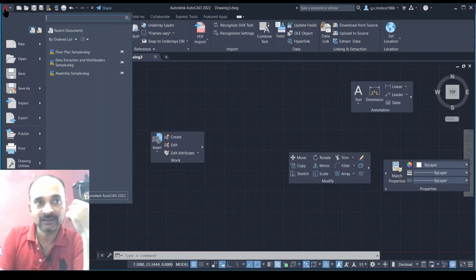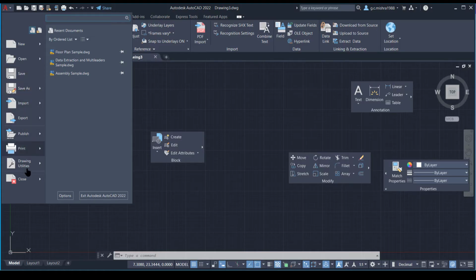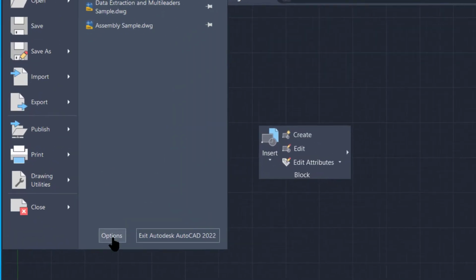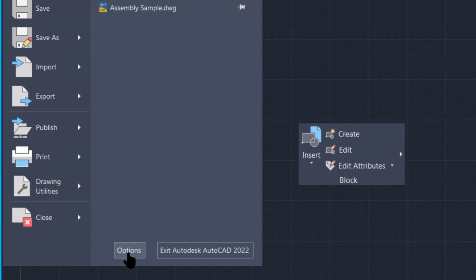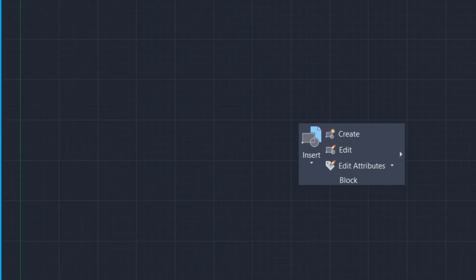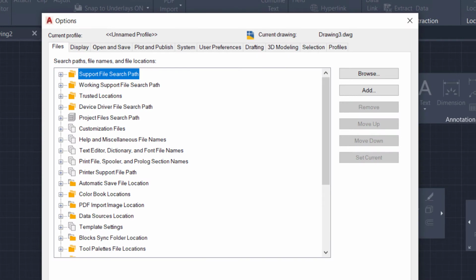For the resetting, you will have to go to the AutoCAD menu. You will click on the AutoCAD menu. In the AutoCAD menu, we go to the bottom side and you will get an Options button here. On clicking Options, a new window will appear which shows different types of settings you can do.